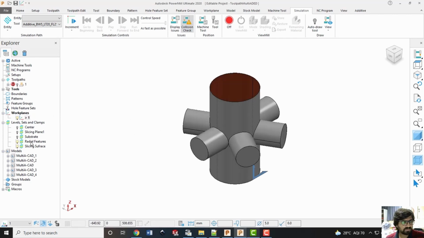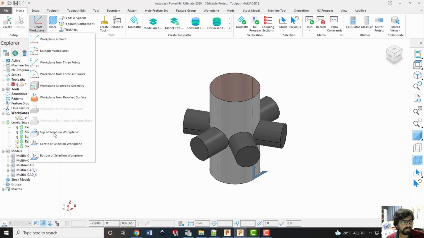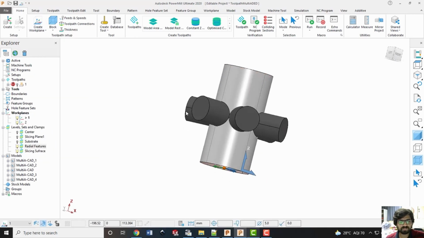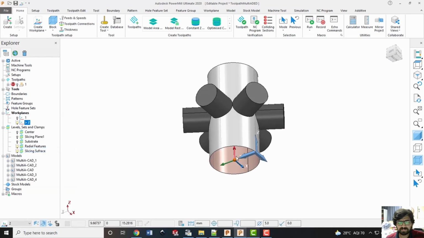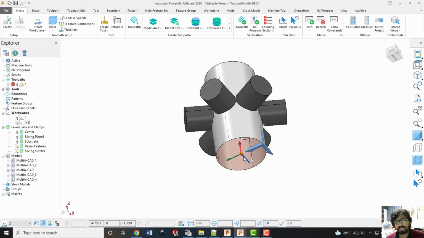I'll just select this surface first and I'll create a work plane again by utilizing the option Home, Create Work Plane, and I'm creating a work plane at the bottom of the surface. Now this work plane has a Z axis that is vertical, right? Or that is aligned with the axis of the cylindrical surface. And hence your tool, or the deposition gun, will always be along with that. And that is what we don't want. So I'll rotate this by 90 degrees about the Y axis in such a way that the X axis will be aligned with the axis of this cylindrical surface.